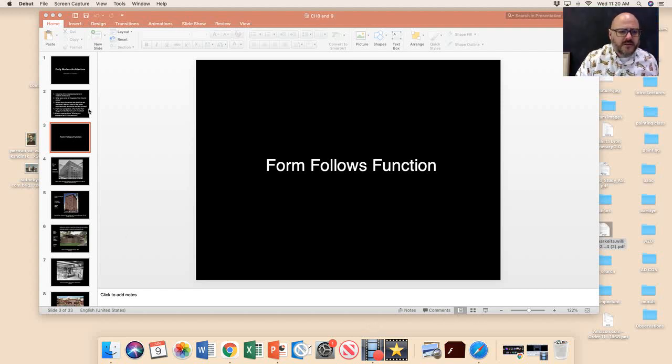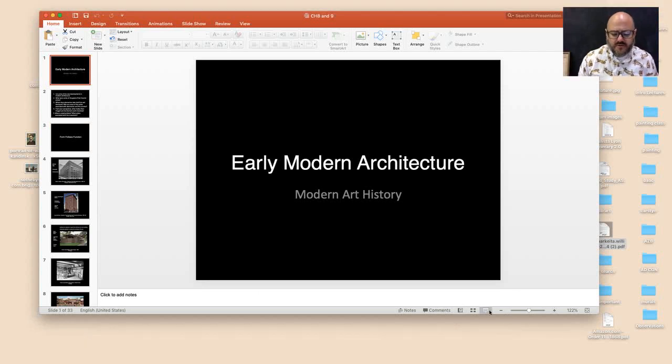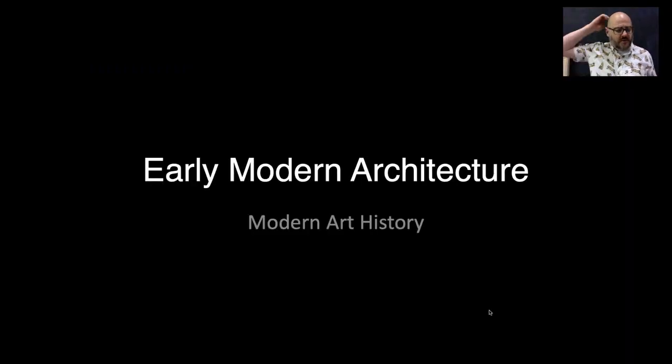Good morning. Today we're talking about two chapters, Chapter 8, Early Modern Architecture, and Chapter 9, which is European Art After Cubism. These are the last two chapters, the last lecture, the last section before your first test, which will cover